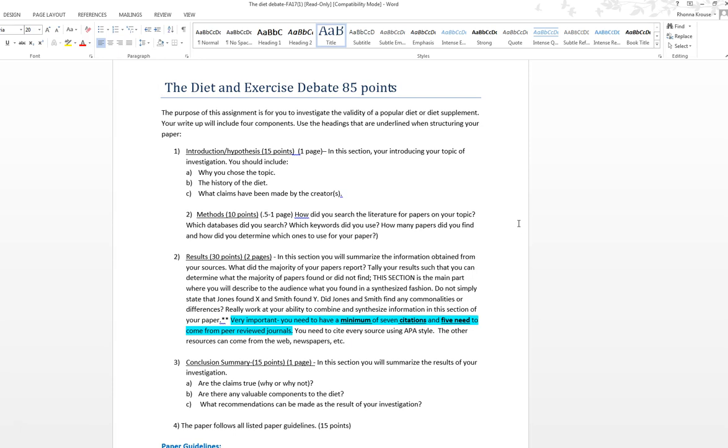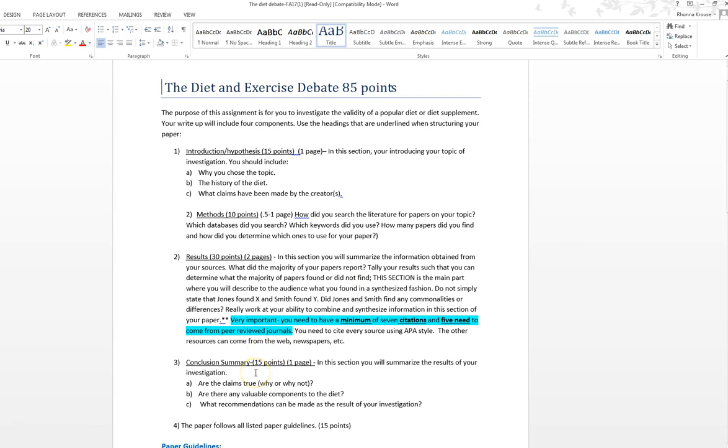This is where you are describing the research that has been done, which is also why the minimum of your five peer-reviewed journal articles come from this section, because you're telling us about the research. So you might say, Jones found, he did a study with 2,000 participants and found that group A lost more weight than group B. And then Smith over here found that no one lost weight. Whatever the results might be, you're going to tell us about that study and the results of that study. Basically, you're providing us the platform to understand, should we think that this diet has value?